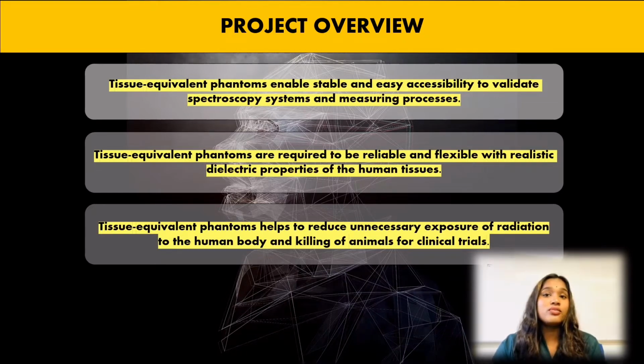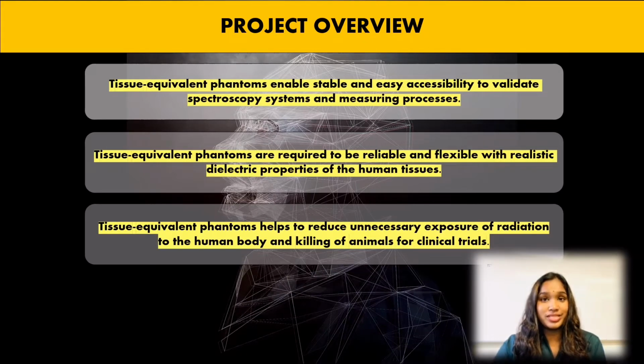Besides, tissue equivalent phantoms are required to be reliable and flexible with realistic dielectric properties of the human tissue. The tissue equivalent phantom needs to mimic the physical properties of real human tissue and match the relative permittivity, conductivity, and loss tangent based on the type of tissue. Tissue equivalent phantoms help to reduce unnecessary exposure of radiation to the human body during clinical trials, for example, to measure the specific absorption rate, and the killing of animals during animal trials